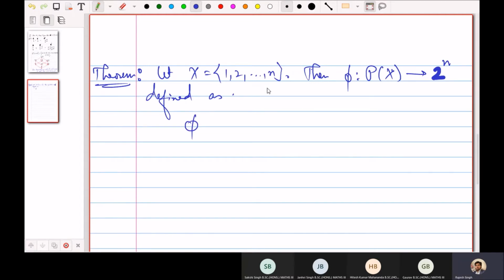If I pick any set here, how can we represent an element here? Pick any set,